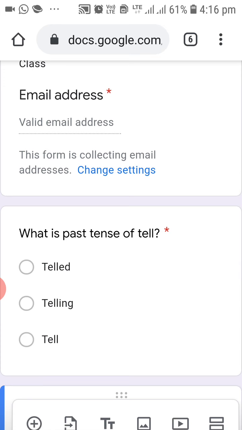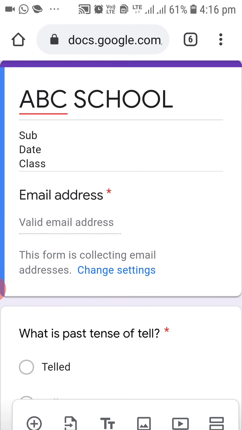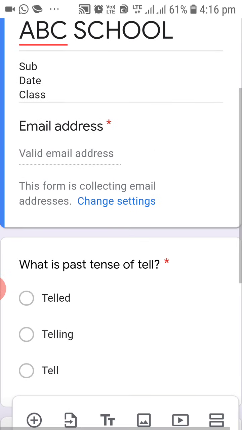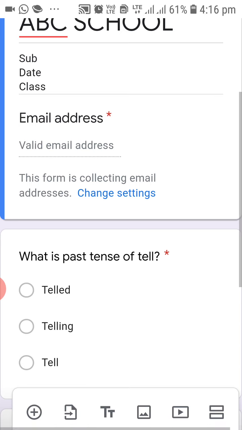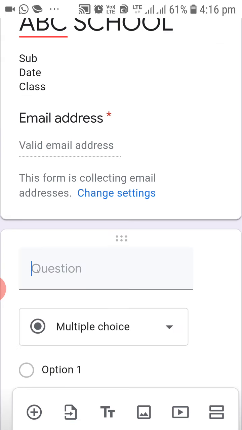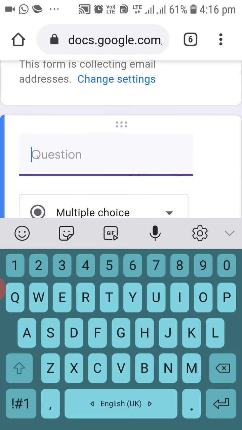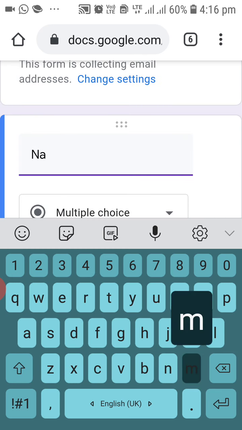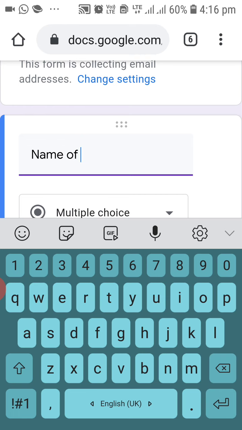Now if you wanted to ask your students to give their names and roll number, that also you can do here. If you are not able to change the sequence, in the beginning, before starting the first question, you just start with the name of the student. So here I'll just click on the plus icon, and here I'll type name of the student.